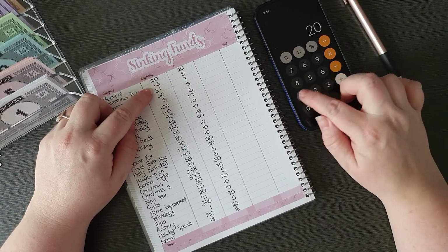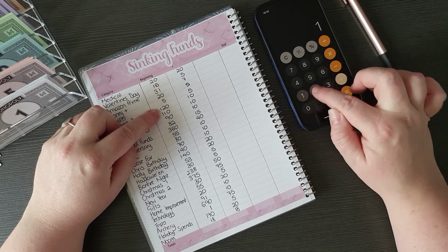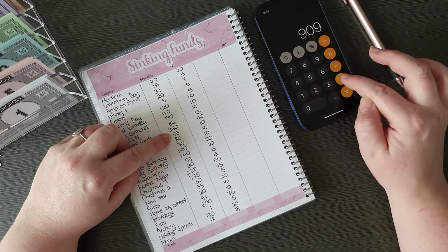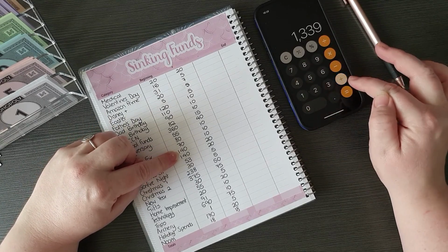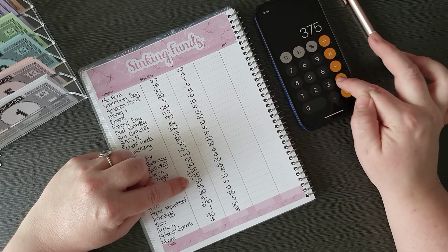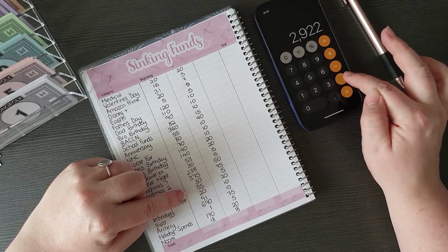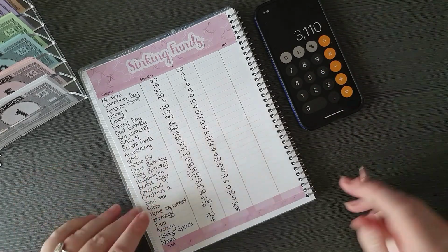So 20, 16, 31, 25, 120, 110, 90, 82, 360, 55, 80, 70, 140, 140, 53, 238, 375, 30, 55, 20, 91, 690, 1,170, 18. So we started with